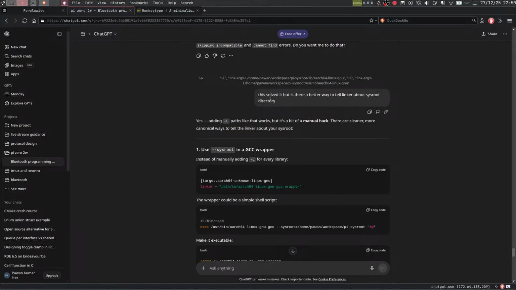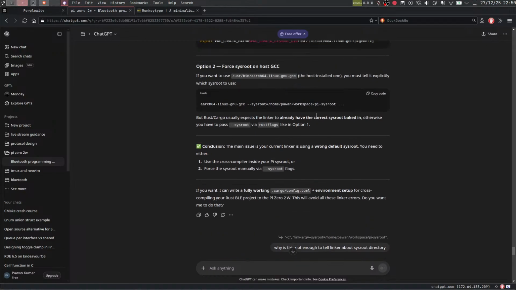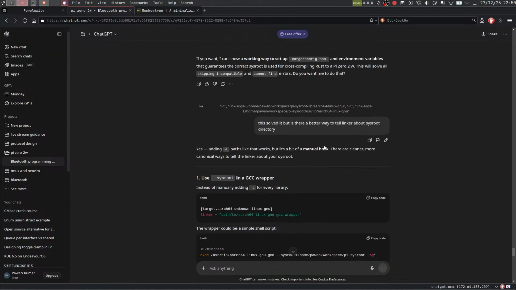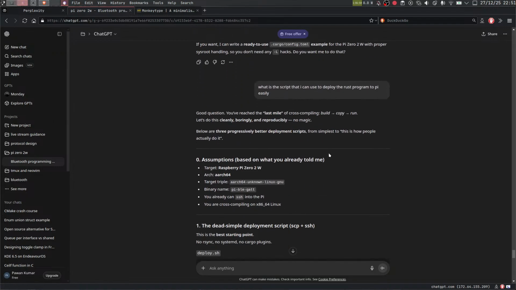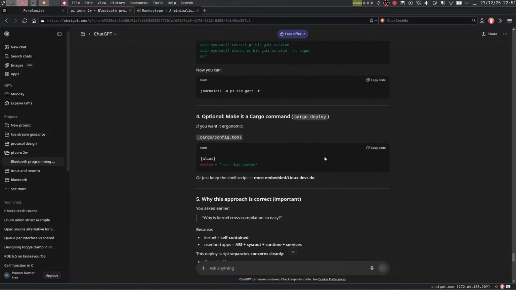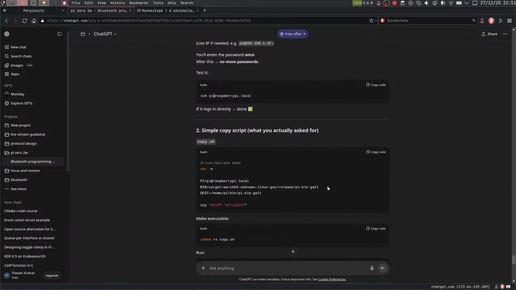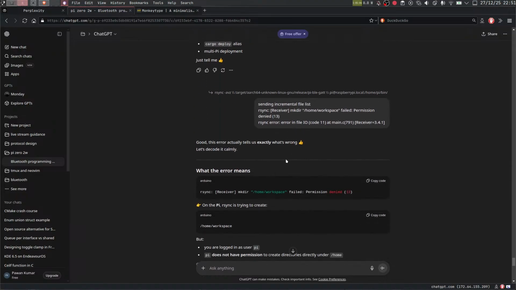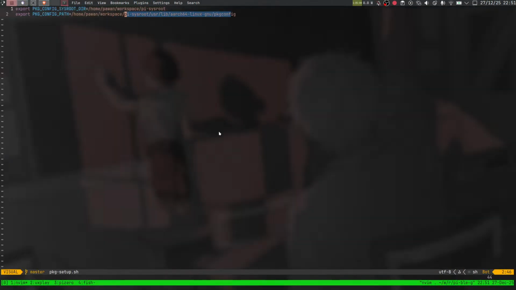Where did this get solved? Yeah, so I accidentally passed the actual path here. I'll just tell you. I just changed this, and